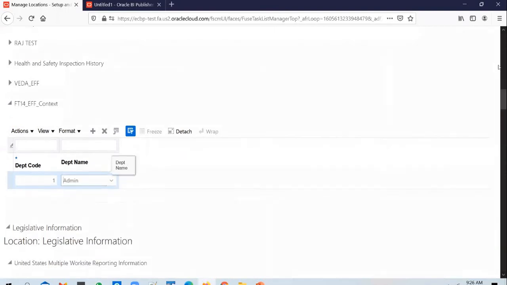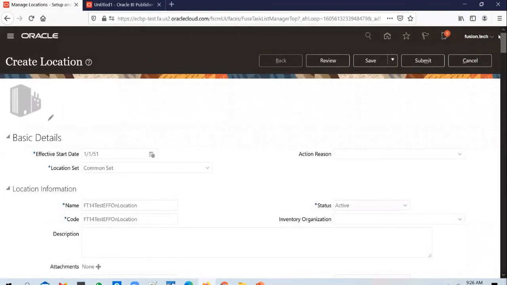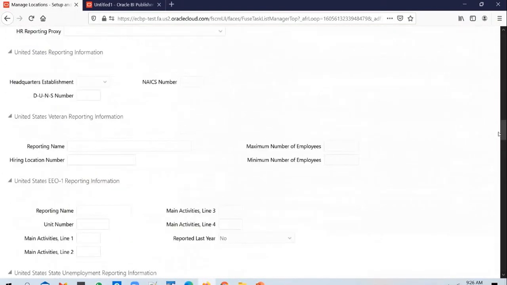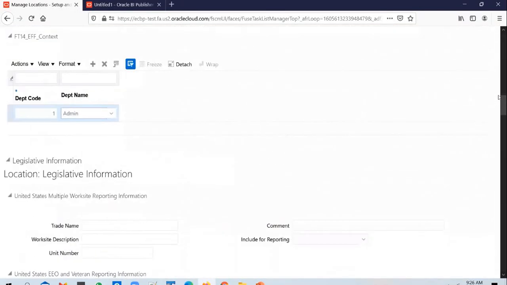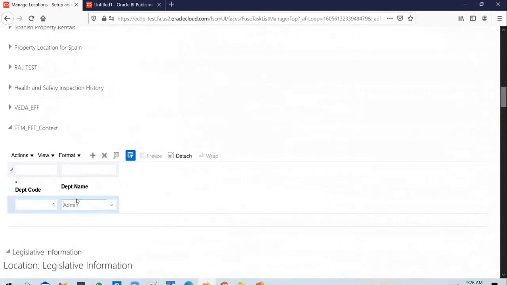So I'm creating this test location, and this test location can be used by the admin department as well as say the HR department. So with the DFF, I can only store one row or one combination, but with EFF, I can store multiple combinations, right? So I can click on the plus icon and add in a second combination.